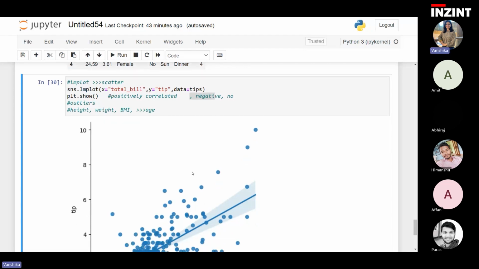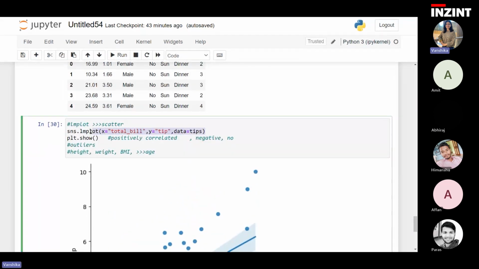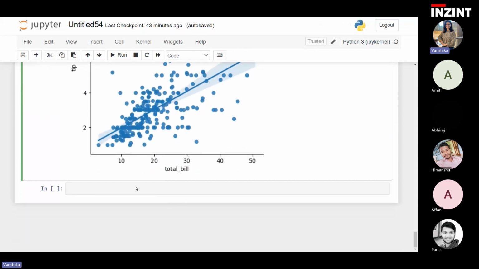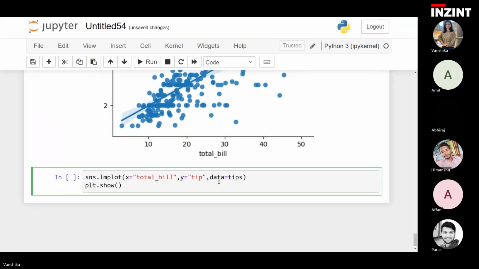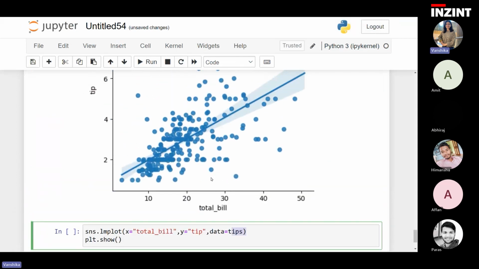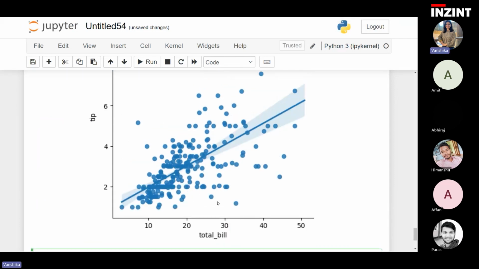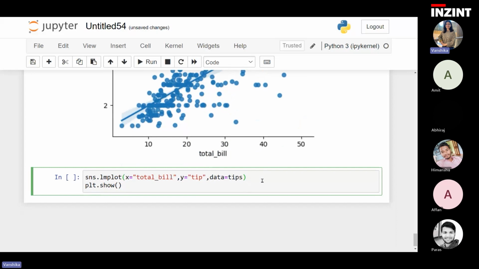ऑलराइट, अभी इसी फंक्शन के हम कुछ वेरिएशंस देखेंगे, सो आई एम कॉपिंग दिस कोड. Now this data set tips, it contains information about the gender of the person as well who was the customer, whether they were male or female, but this chart, it is not conveying that information. So I can use a parameter that is called hue and I can provide the column name that I want